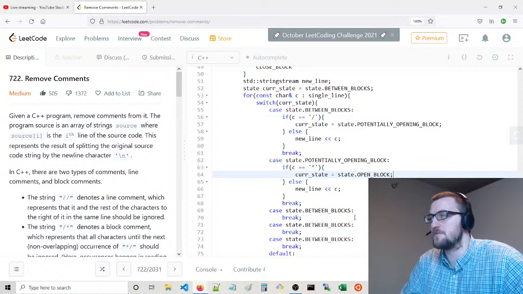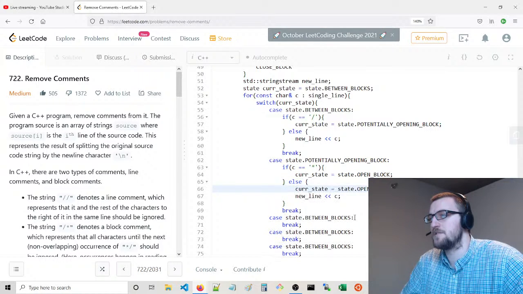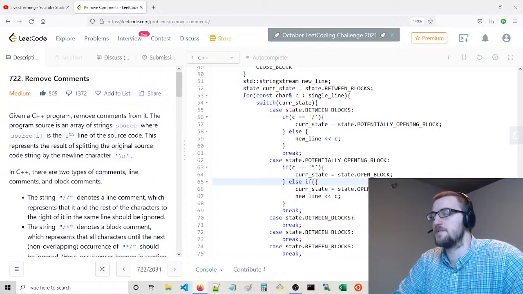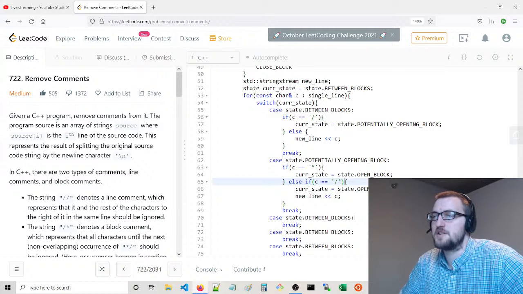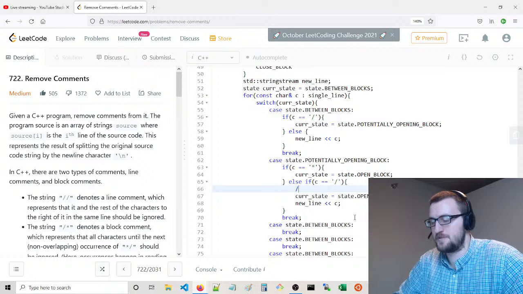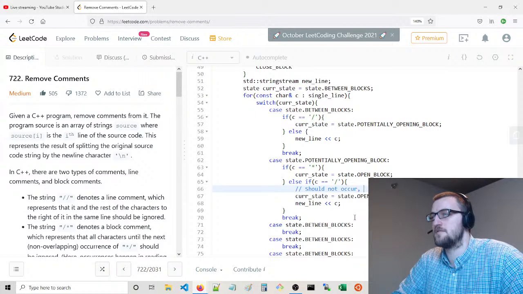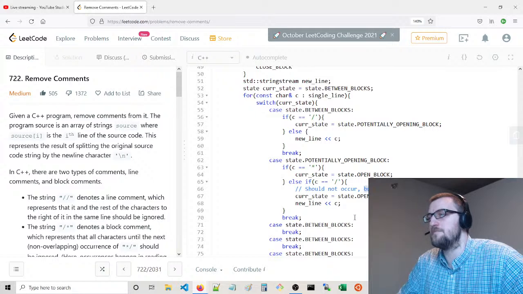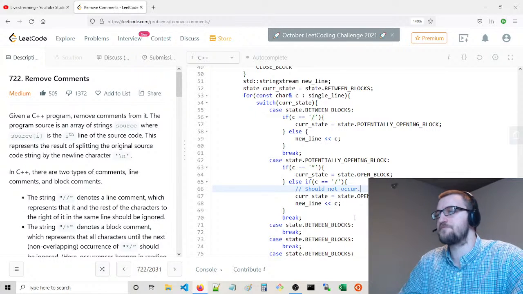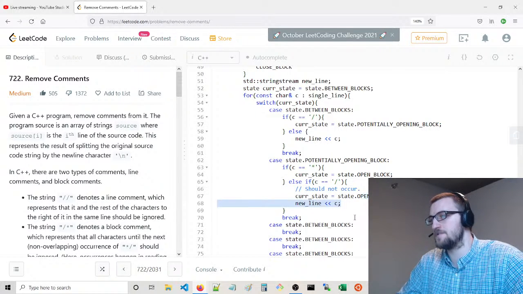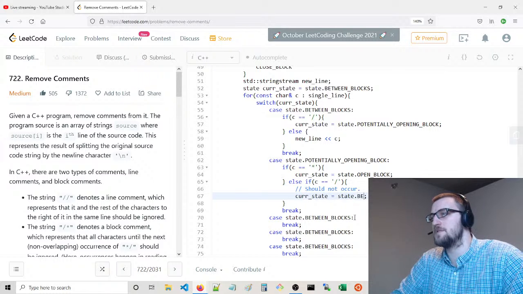Potentially opening block, we actually would go back to, now we could be else if. Now what's interesting is else if we could be in another /, which would actually constitute a comment, which should be removed. So really this should never happen. It should not occur, but maybe it could. This would put us back to the between blocks state.